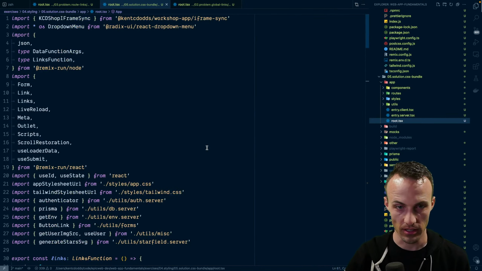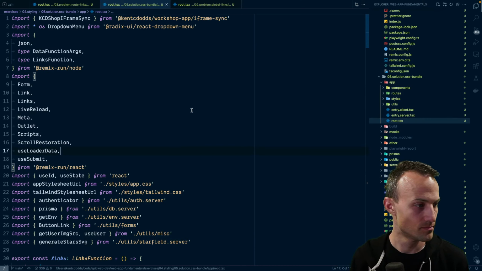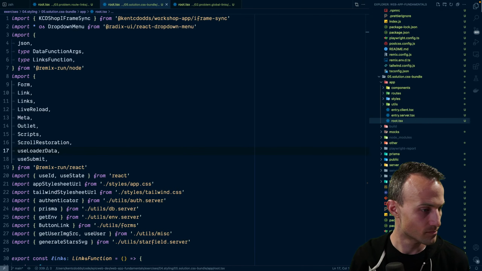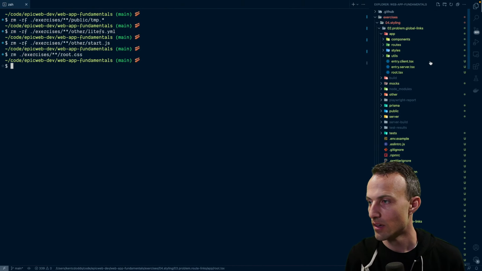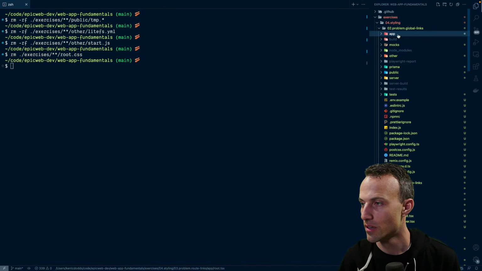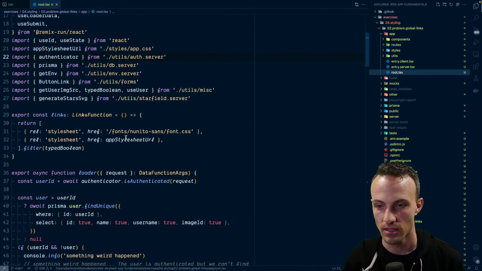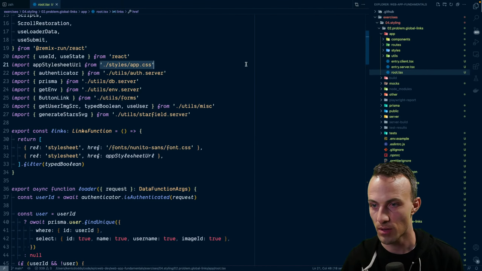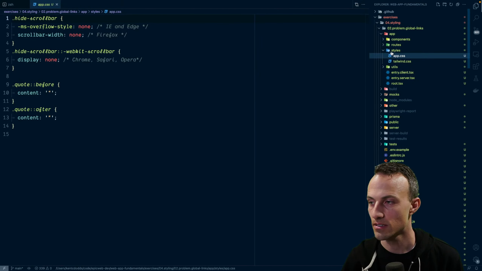We'll do dark mode later, don't worry. Okay, cool. So global links now just means this app styles. Yep, that is perfect. Styles app CSS.